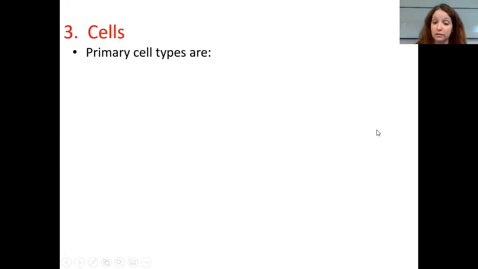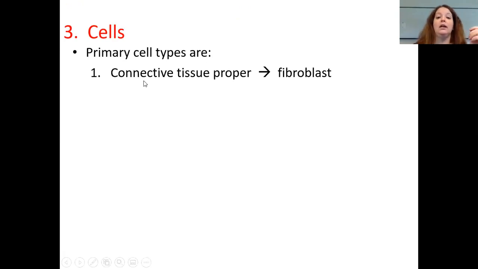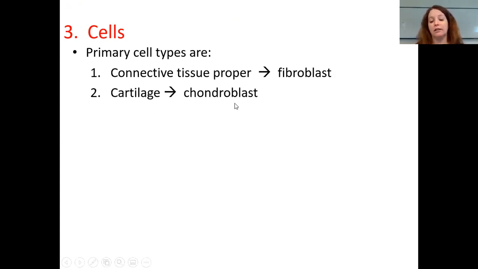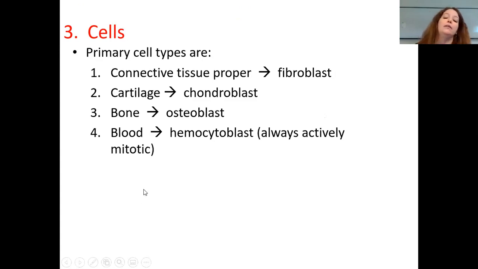The cells in all of our connective tissue, of course, depend on which tissue we're talking about. In proper connective tissue, the cell is called a fibroblast. In cartilage, it's called a chondroblast. Now, blast actually means immature cell, so this would really be a fibrocyte and a chondrocyte when they're mature. In bone, it's an osteoblast, which would turn into an osteocyte. In blood,